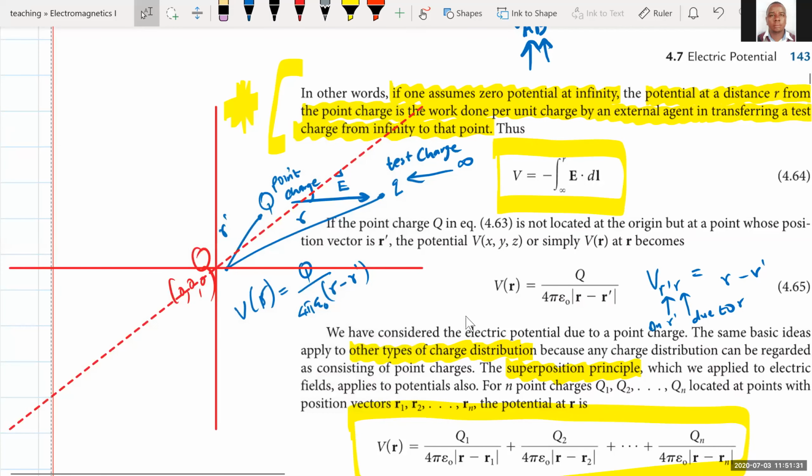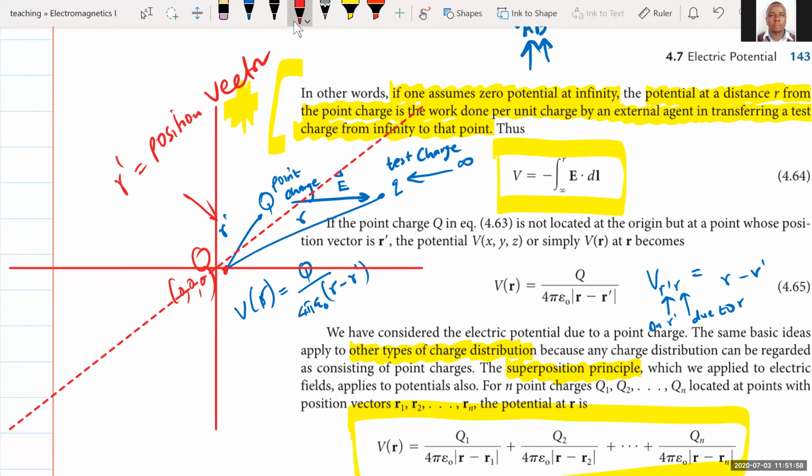I'm just assuming that this point is still at the origin, and therefore the position vector, which I'm now expressing, R1, is the position vector of the source, and R is the position vector of my observation point, which is Q. Therefore, the idea is that the potential